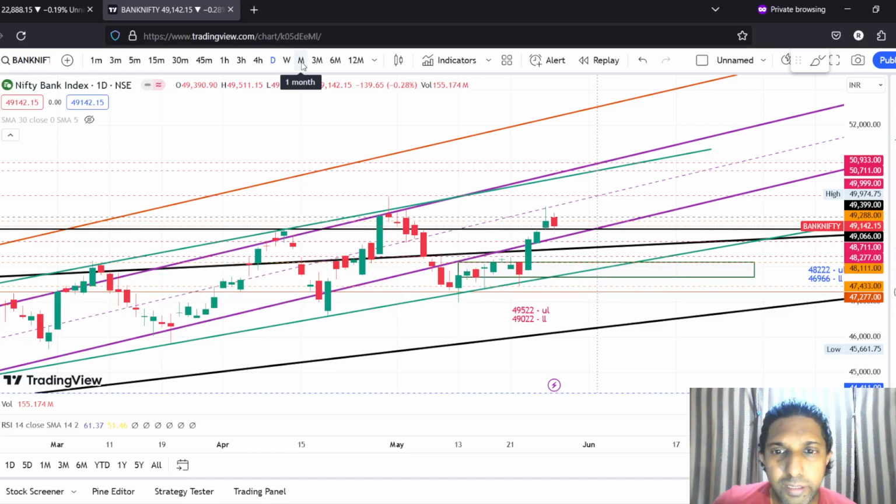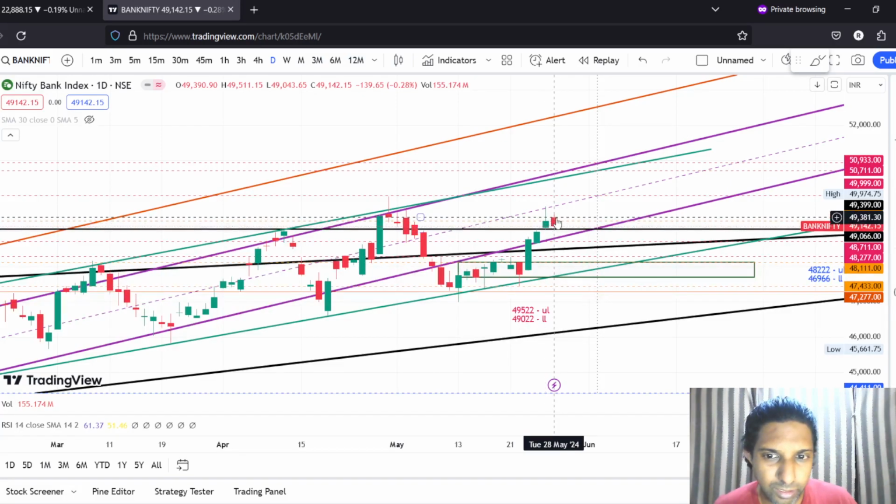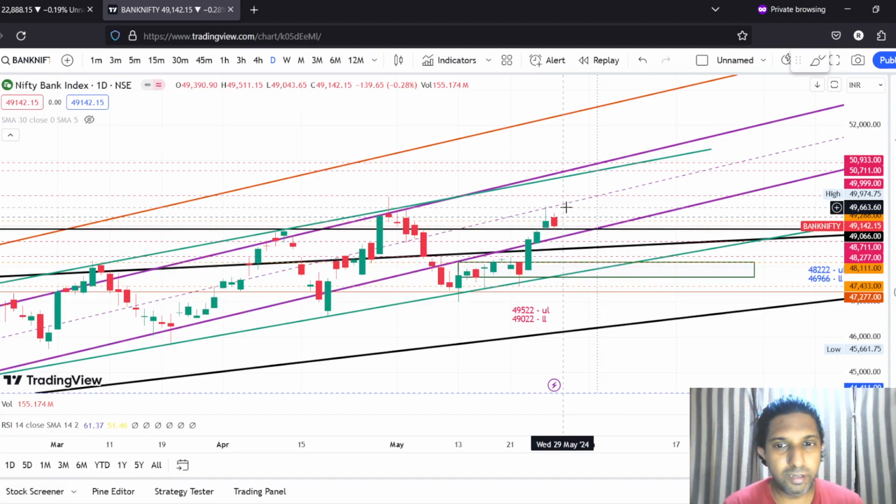So all in all, in these 3 days, to get the close above the previous month's close, we need roughly 300 to 400 points more. I think it is possible that we may see further upside. This particular red candle is a little worrisome for me, but I think we may experience a gap up tomorrow or even a reversal, and we may see the markets doing better than they did today,